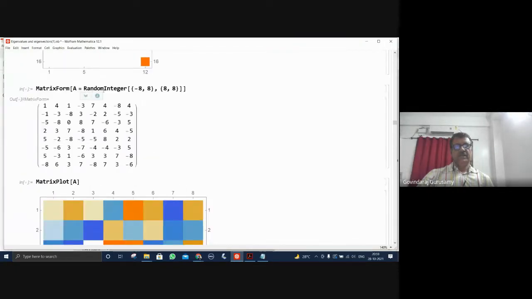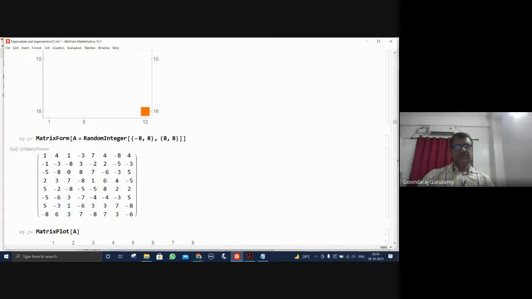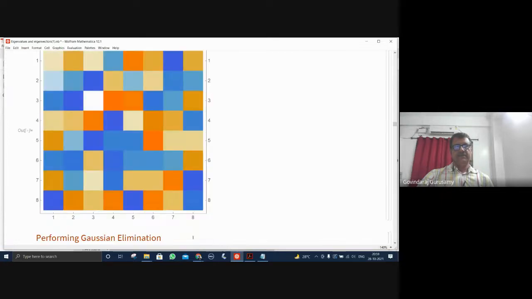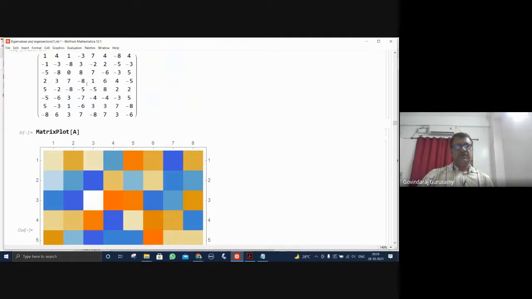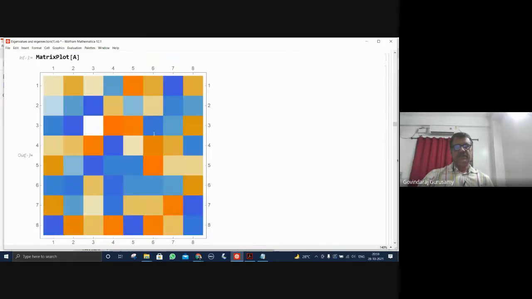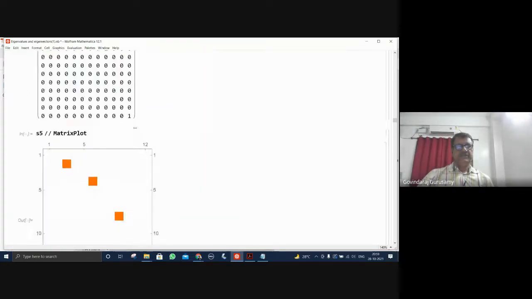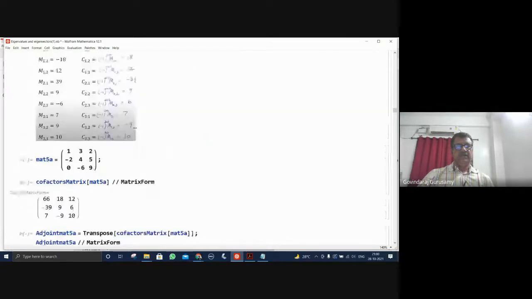This is another matrix, random integers. We made a matrix plot here. This is not a sparse matrix, but this is a number that are generated, but we are making a matrix plot of A that's being plotted here. You can see these plots here. It indicates the magnitudes, and the corresponding colors are automatically created by Mathematica. We can understand what is the negative color range, positive color ranges, and how the color should vary. Okay, so this is the various types of matrix and their corresponding operations that are possible through Mathematica.